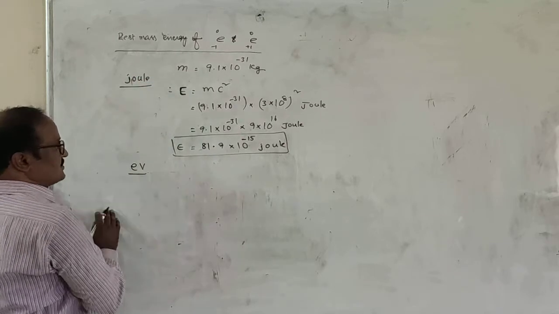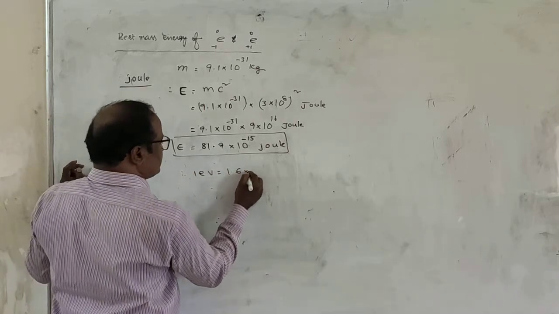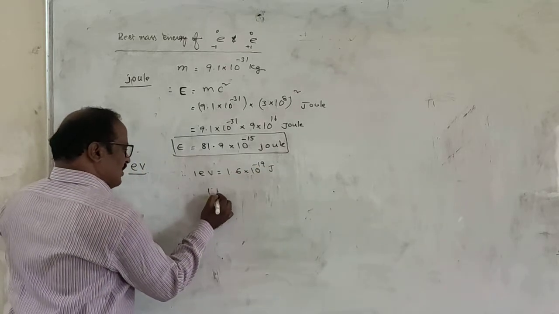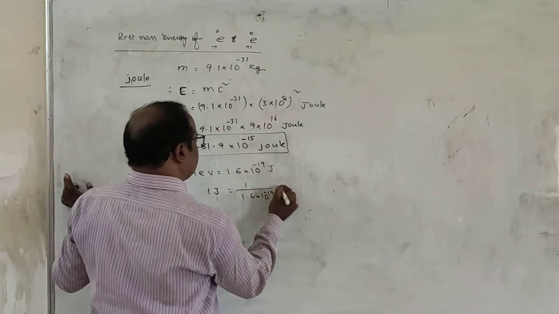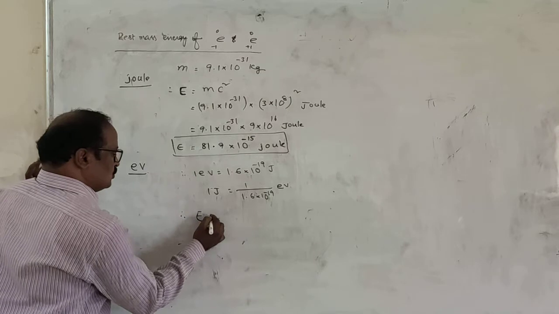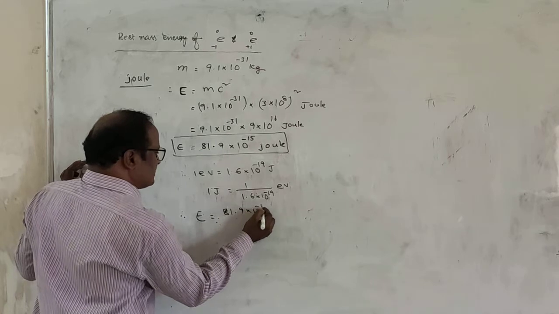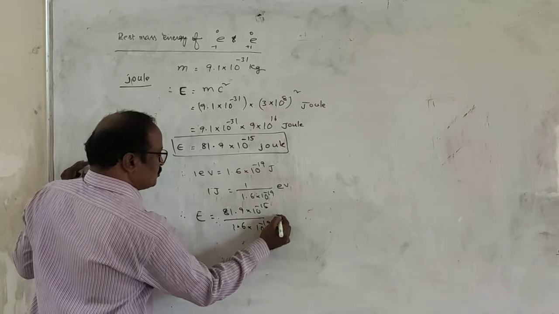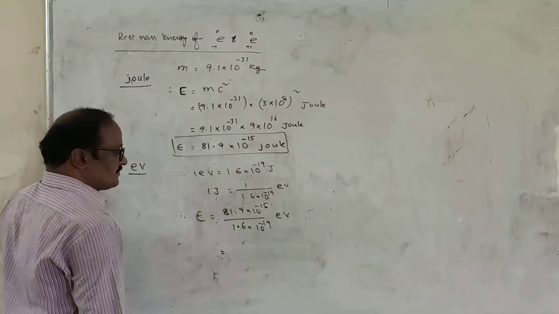But in electron volts, what is the value? 1 electron volt is equal to 1.6 into 10 power minus 19 joules. Therefore, 1 joule is equal to 1 by 1.6 into 10 power minus 19 electron volts. Therefore, the energy corresponding to the rest mass of an electron or positron is equal to 81 into 10 to the power minus 15 by 1.6 into 10 power minus 19, the total value in electron volts. Right? On solving this,